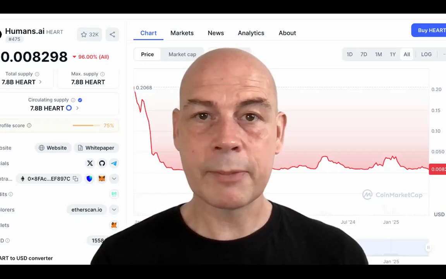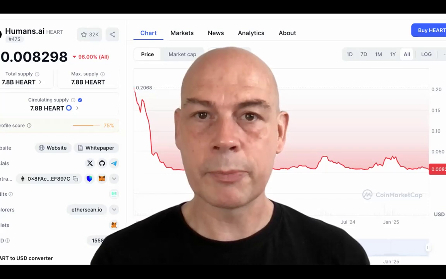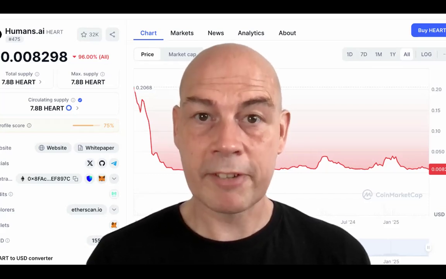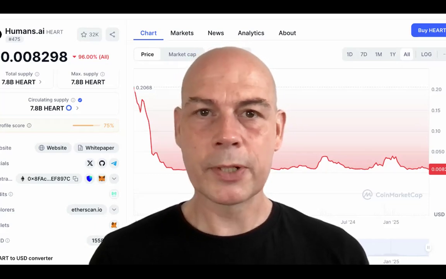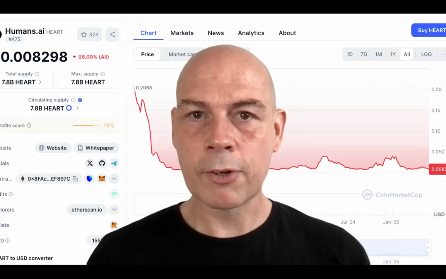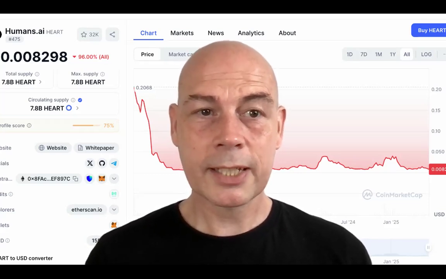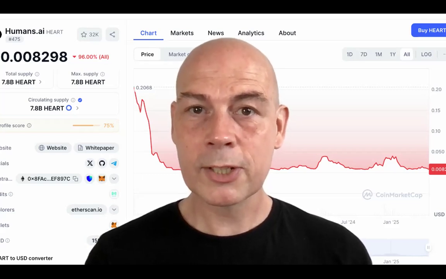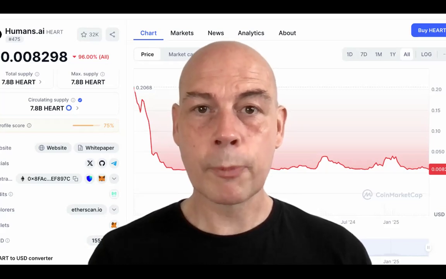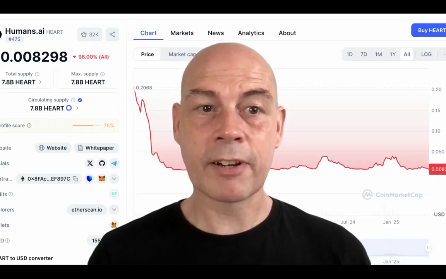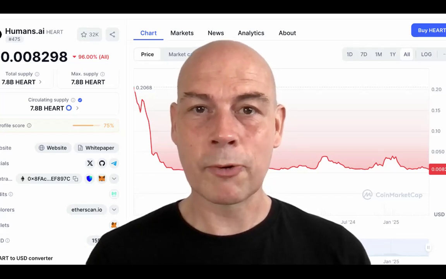Now, AI safety may not be front and foremost in the news at the moment, but this is definitely going to be a big issue in the future and the very near future, as far as I'm concerned. And this proof of human governance thing that they've got going, and the fact that they're working already with the Romanian government, means that this project has serious upside potential. So when we look at risk reward from where it is at the moment, I'd say this is a very good entry point, and this is definitely a project that's worth exploring further.